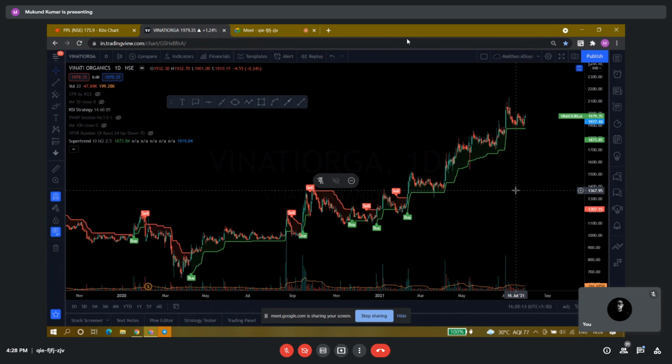This is my general trend for any call that I share. First return would be around 15-17% or above this, and second target would be around 25-28%. This is my general trend for a stock because I have seen this and I also have a report backing this target, so I can simply go with that.